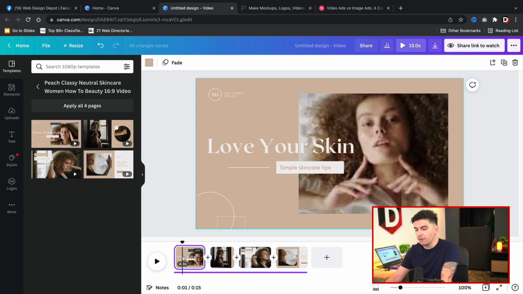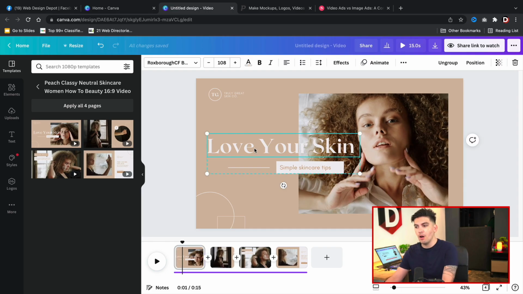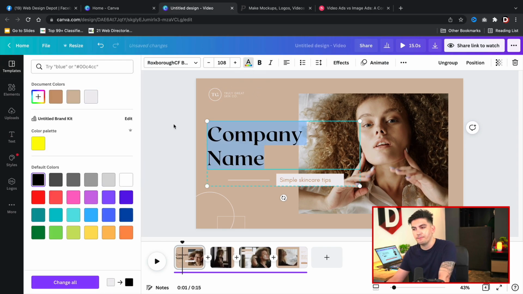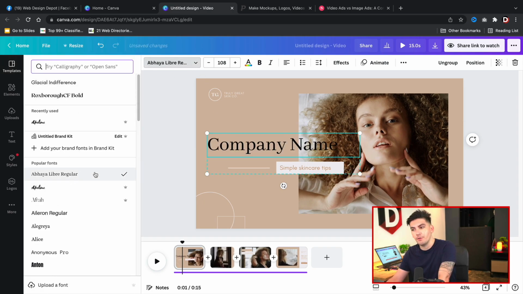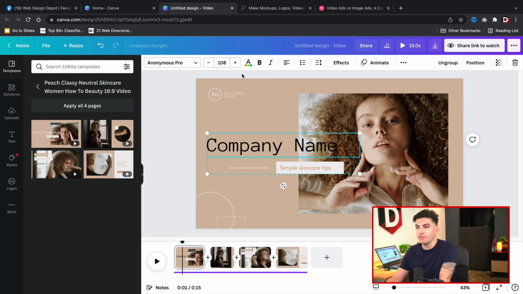So let's go ahead and go over here, and let's first just go ahead and change things. Now, let's say, for example, you guys want to add a logo or something, or you want to put in your company name. All you'll need to do right here is just double click and put your company name, right? And at the top right here, we have a few options, right? So maybe you want to change this to something like black, right? So we can do that. You guys can also use this right here and change the actual font. So if you want to change the font to something that represents your company, you guys can go ahead and do that there. And then also we do have other options where you guys can bold it, you guys can italicize it, and just other options to decorate the font.